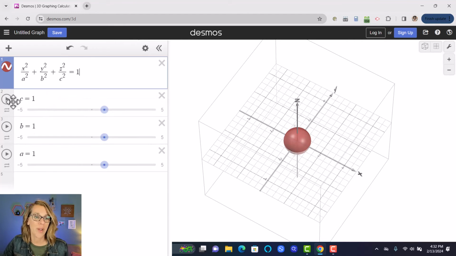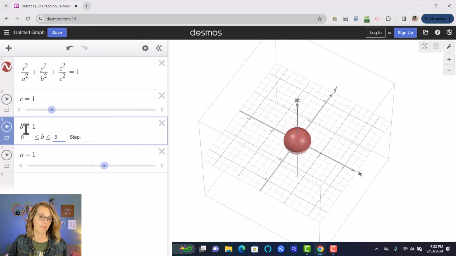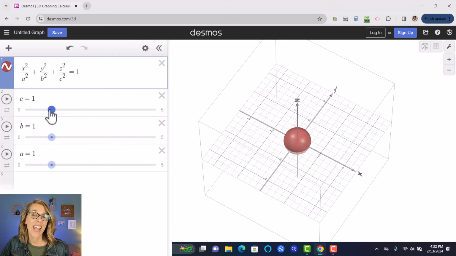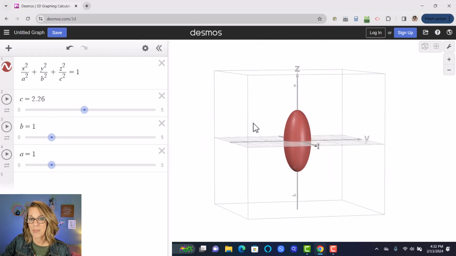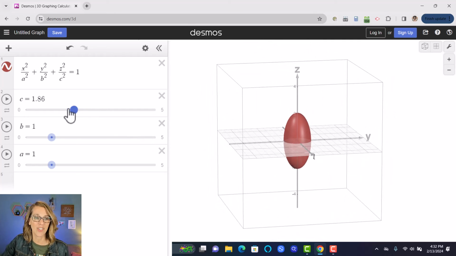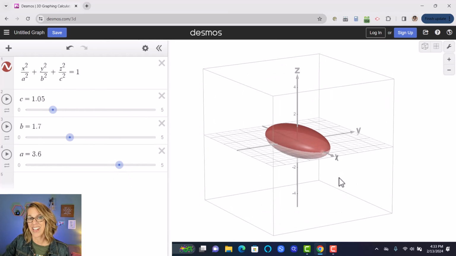You can also change the parameters on these sliders by just clicking on the slider letter, and then I want them to be from 0 to, say, 5. Now I've got a nice little animation here where I can see that as I change C, I am changing my ellipsoid. I'm extending that in the Z direction. Changing B extends it in the Y direction, and changing A extends that, there you go, extends that in the